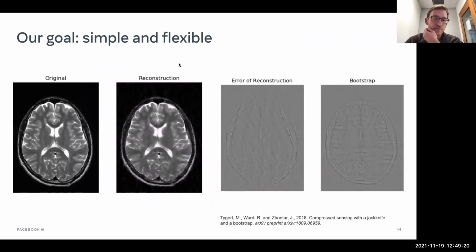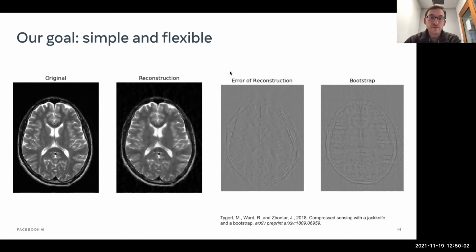If you look at this paper, the way it works is you have an original image, and then you apply a forward Fourier transform, subsample it and do a compressed sensing reconstruction. Then once you have this reconstruction, you simulate that entire process again, and you do this several times, and then you can get a bootstrap estimate of what the error is. What they observed in this paper was that this bootstrap error was quite a bit correlated with the actual error of reconstruction, which was interesting. Now, one limitation is they developed this procedure for single coil magnitude images, so it wouldn't apply for our multi-coil reconstruction deep neural network.